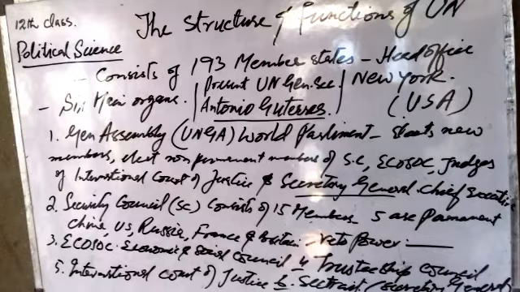Today's topic is for 12th class, and we are going to discuss the structure and functions of the United Nations Organization, UNO. The United Nations consists of 193 members. The UN performs its activities through six main organs, which are the United Nations General Assembly,